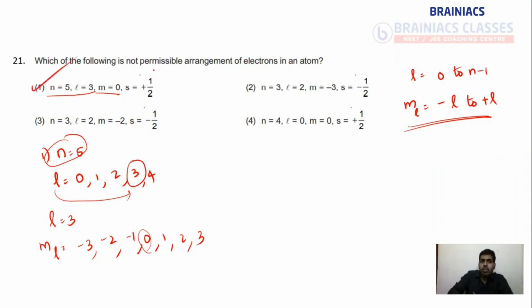This one is correct. We have to find the arrangement which is not permissible, so this one is correct. Now the second one,